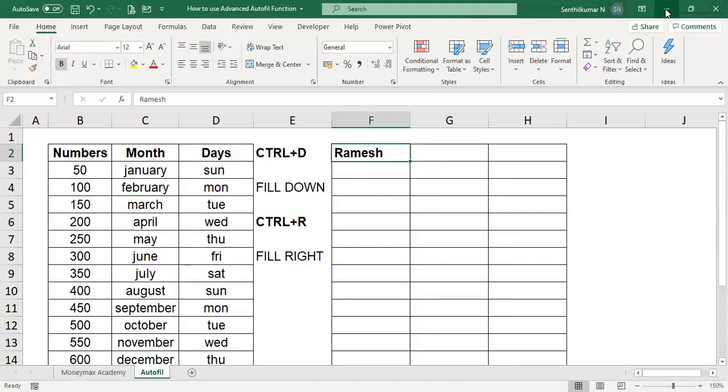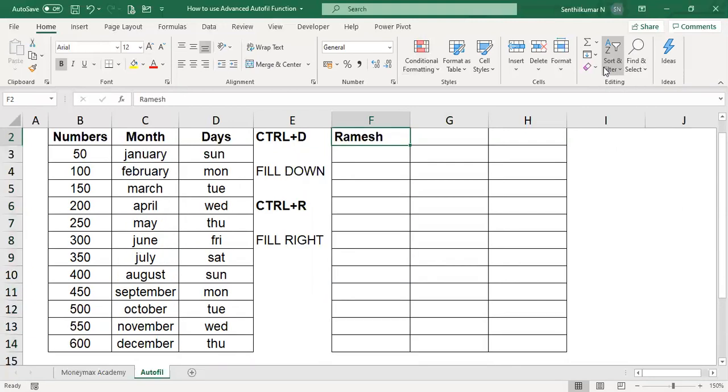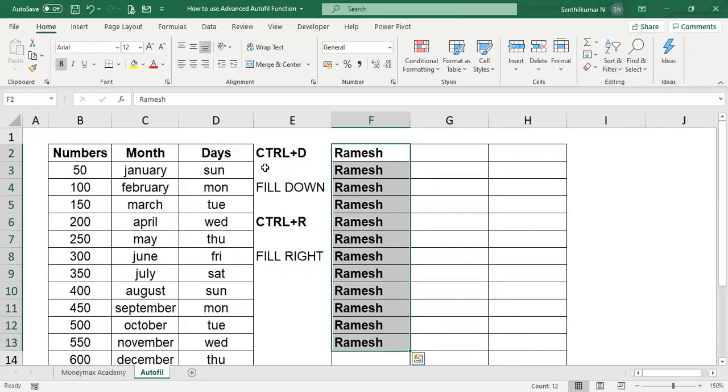Now you want to fill down. You can use Control D, or you have to select the data, go to the Home menu, go to the fill option, and click Down. So instead of pressing Control D, you can use the manual option also.